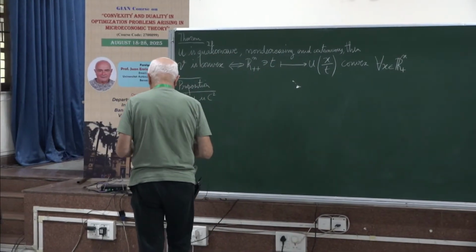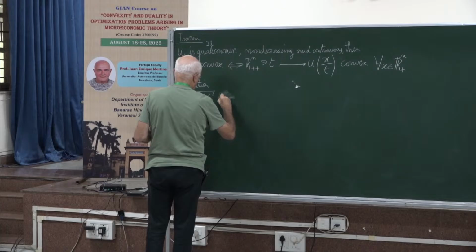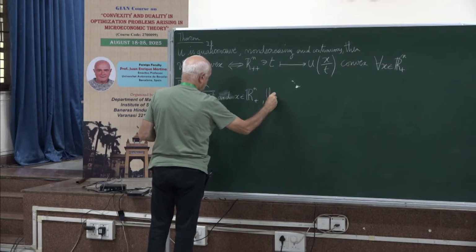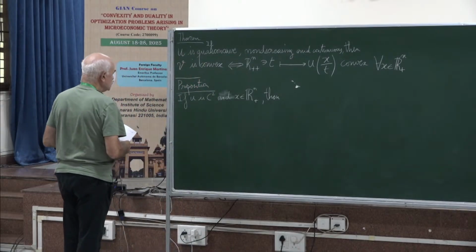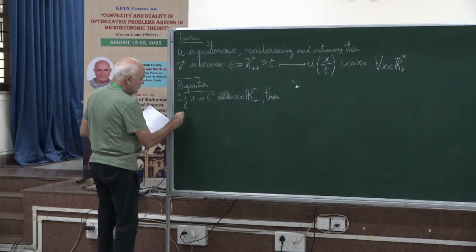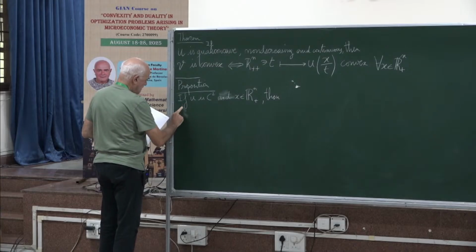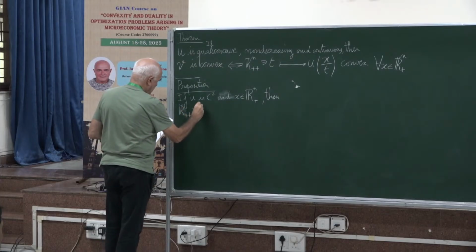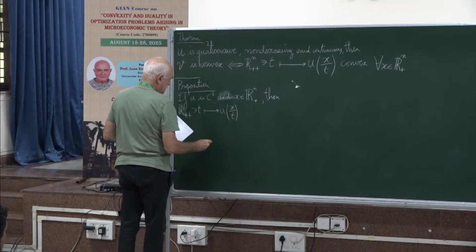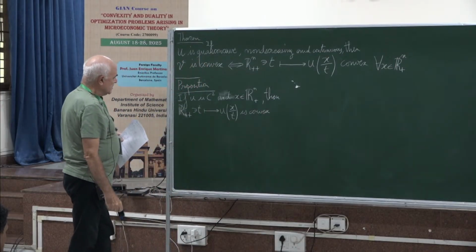So if U is C2, then, well, and x is in R plus N, this convexity along rays property is satisfied